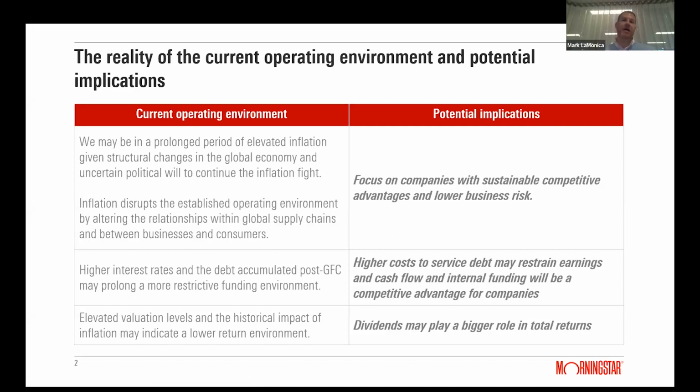And this is not the first time this has happened. Famously, back in the 70s, there was a break between central banks and specifically President Nixon in the US, who really did not want to see the economy slow at all in the 70s as he was going through his reelection bid. So we do see that. But as investors, we can watch that fight going back and forth. If we believe that inflation will stay elevated, we need to understand the impact that that actually has on companies.